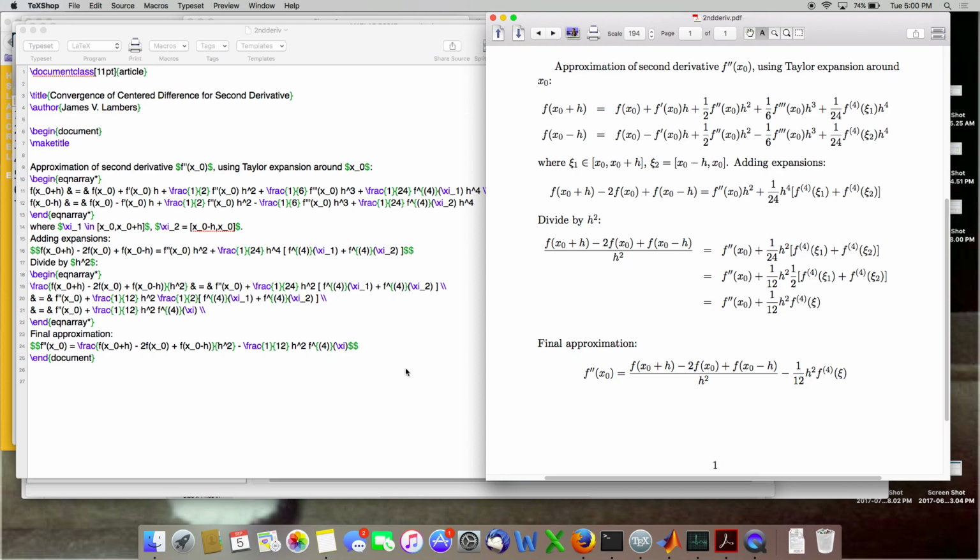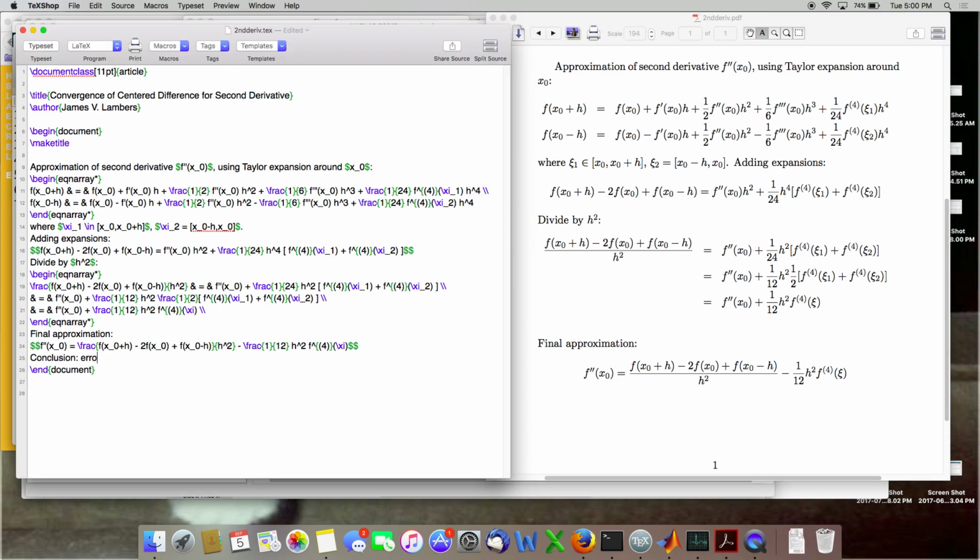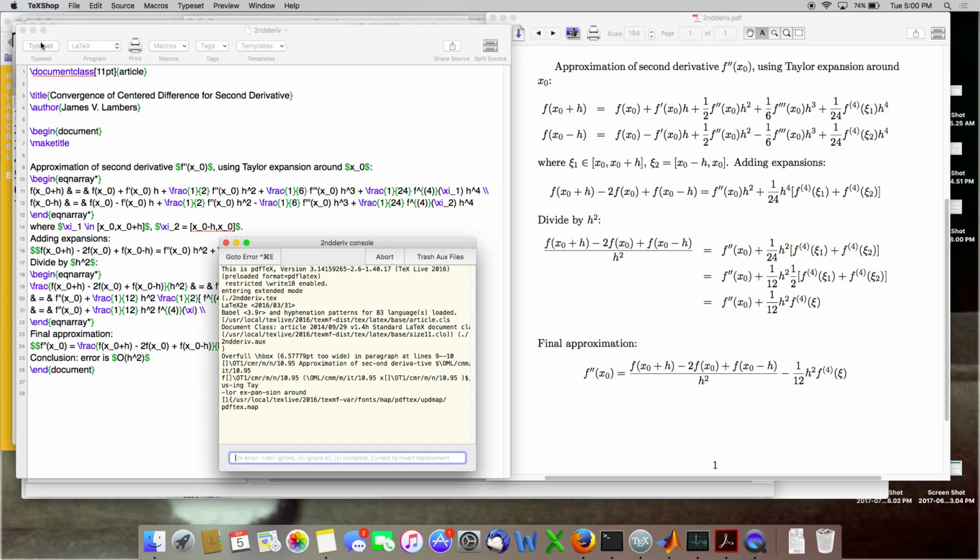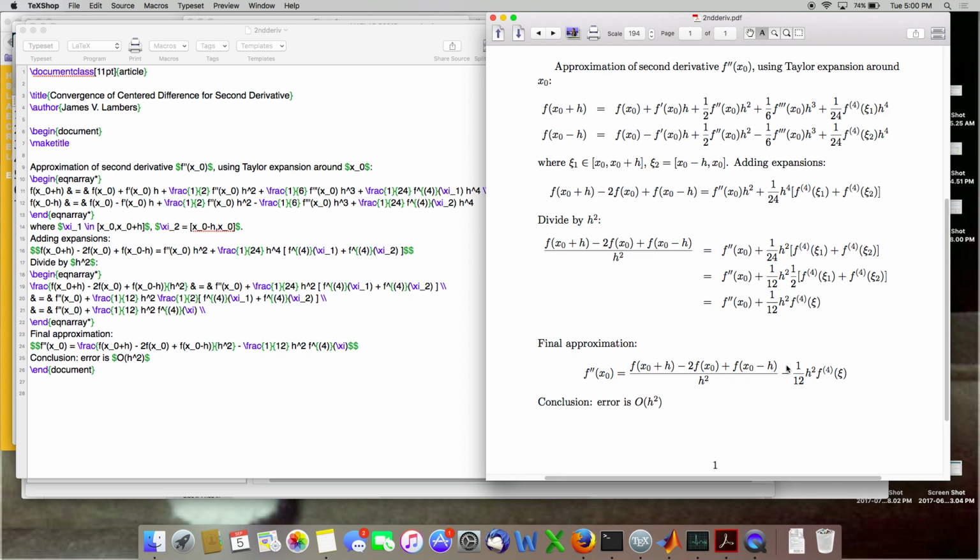So the conclusion here is that the error is big O of h squared, because what we can say is that the absolute value of this error term is less than or equal to h squared times some constant, which would be an upper bound on the magnitude of the fourth derivative. So that's because big O notation is about upper bounds. A lot of what goes on in this chapter is finding upper bounds for functions. Basically, you can replace a function by a simpler one that you know is bigger than it.